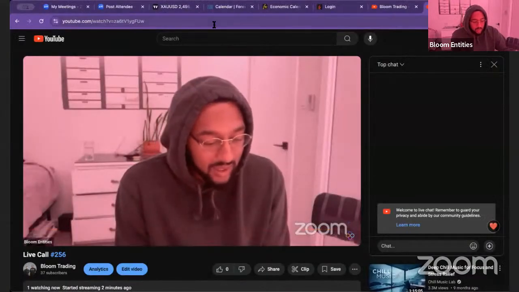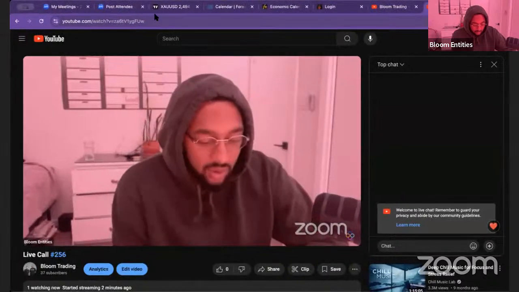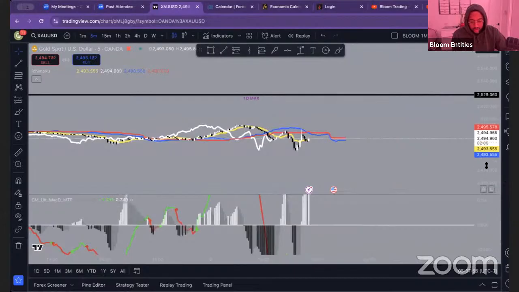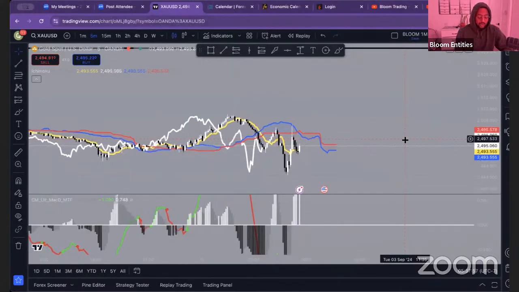I'm gonna go ahead and share my screen here, and let's start with some analysis. I'll throw my TradingView up here while I get into some of my goals and intentions for this morning's call, for this specific trading session that I established when I woke up. Before I get into whatever I'm doing for the day, backtesting, research, executing live trades,